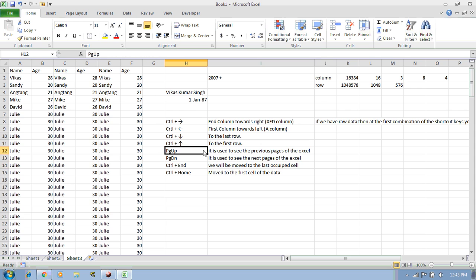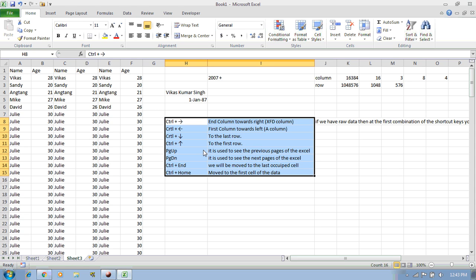So we have discussed these shortcuts. Now you should be aware about these shortcuts.